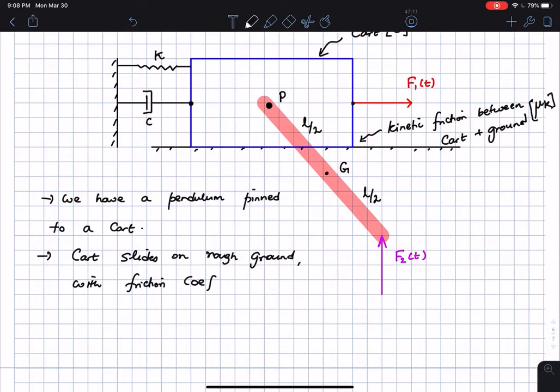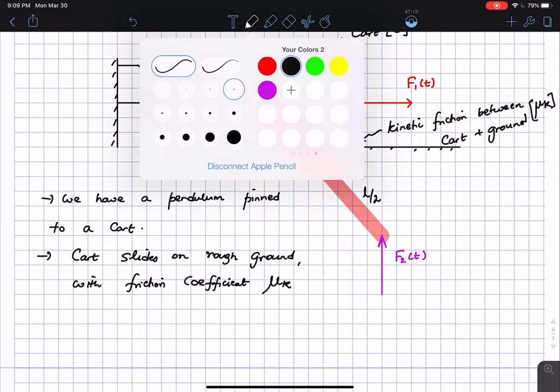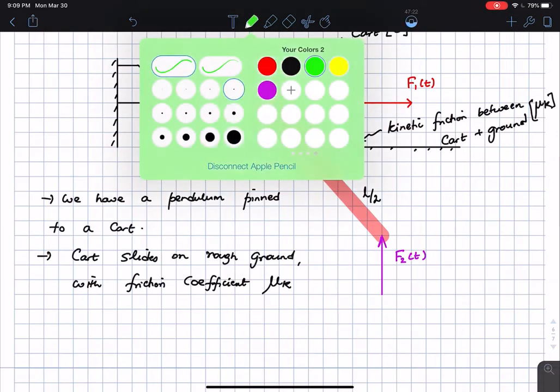Then let's also say that there is a torque which is acting on the body